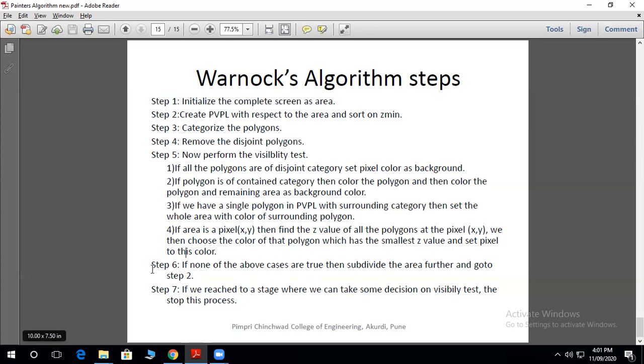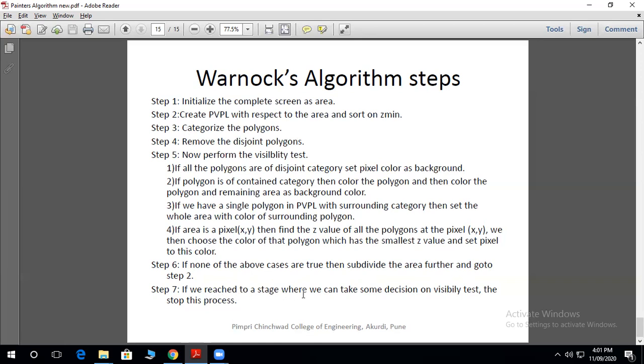And after that, step 6, if none of the above cases are true, then subdivide the area further and go to step 2. Again follow the same steps.